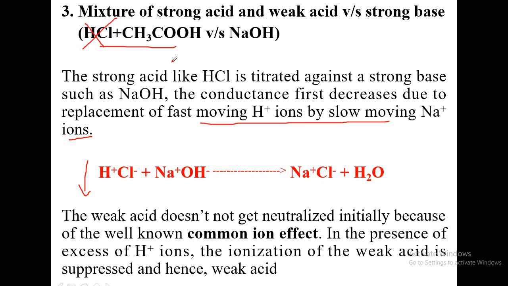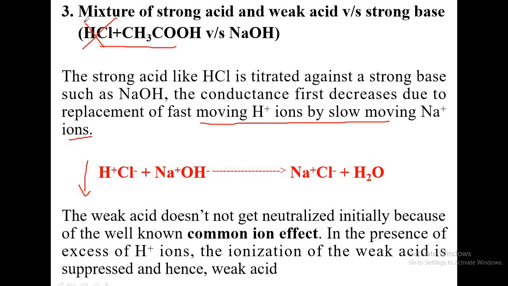Weak acid does not undergo ionization as long as hydrochloric acid is with it. As long as it is in contact with hydrochloric acid, it does not undergo ionization because it is a weak acid. Due to the common ion effect, the dissociation of the weak acid decreases in the presence of a strong electrolyte having a common ion. So the common ion here is H plus. In the case of HCl also you have H plus. Because of the common ion effect, dissociation of the weak electrolyte decreases.